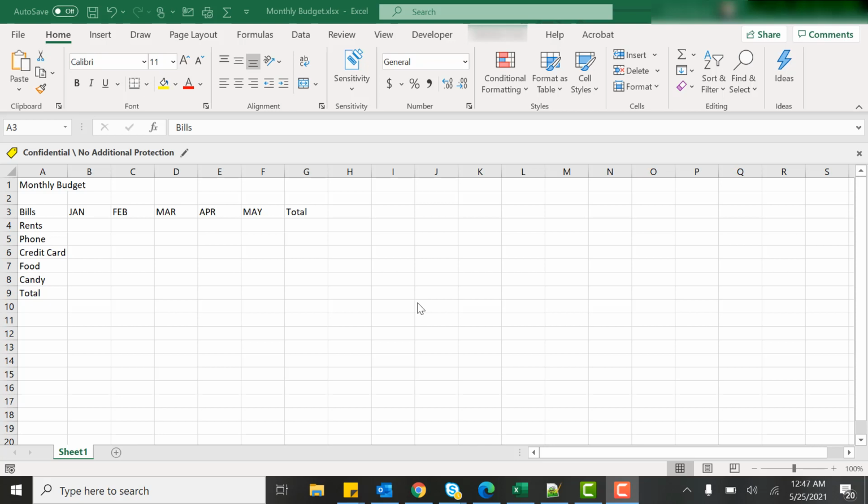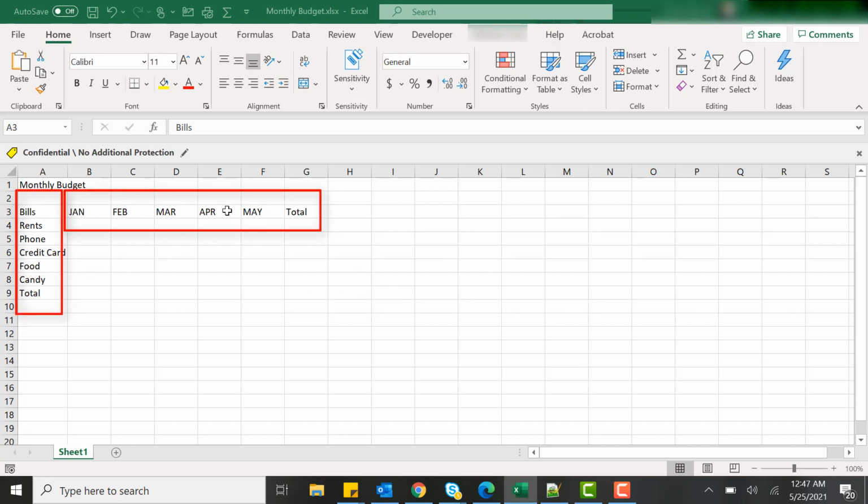Now today on my 9th lecture of this journey, we are going to take a step forward. Our next step in creating this Excel spreadsheet is to enter some numeric values, some currency amounts for the amounts that we are spending for each bill across all the months. In the prior video, we took a look at entering alpha values or text values. We got those as our labels. So you see these are the labels,